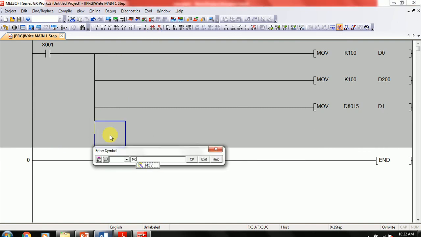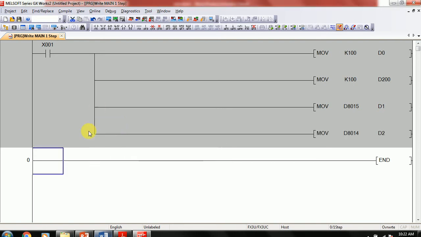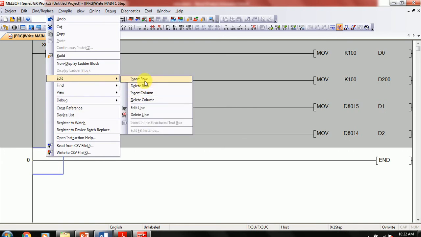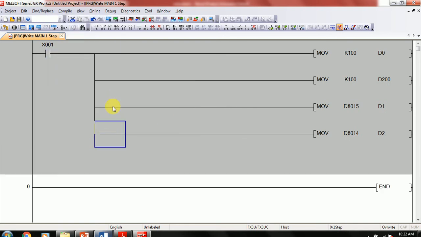Same MOV command, and D8014 is the minute data register, moved to D2. And last one is the second time data register.